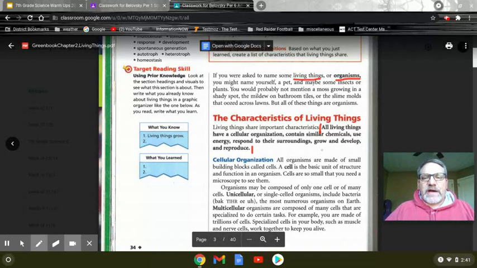The last characteristic is reproduce. Every living thing has to reproduce. Plants,